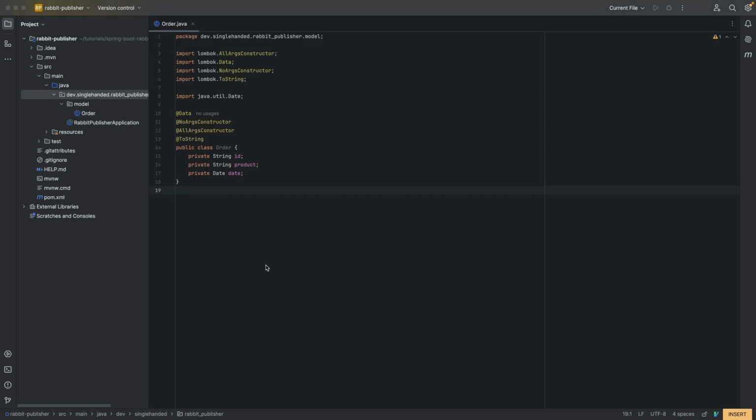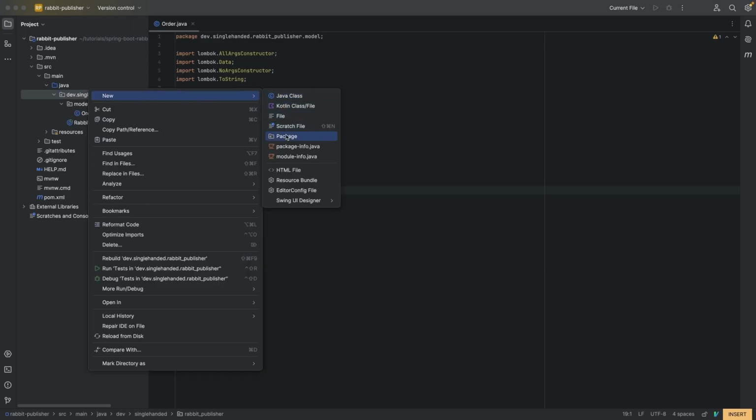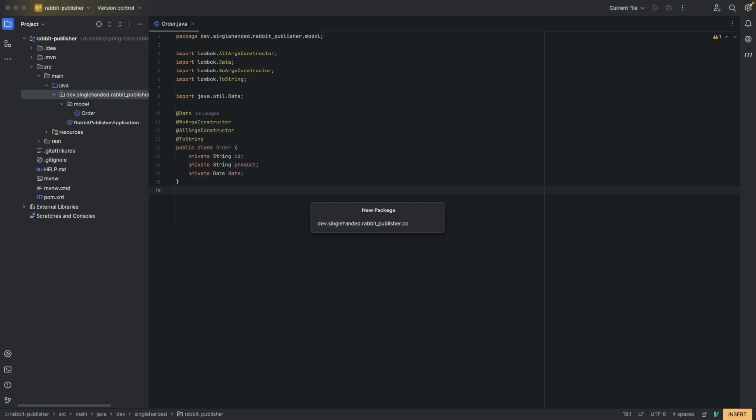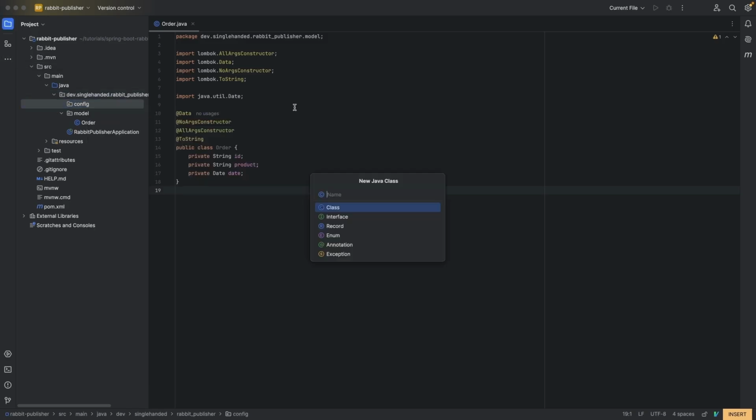Now we need to define some configuration values for RabbitMQ. These will represent the bare minimum that you need to connect to our Rabbit instance. And we're going to be defining the queue, the format that the message payload will take, and a Rabbit template. I'll talk a little bit more about each of these things as we add them to the config file. First off, we're going to need a config package. So let's create one of those. And in there, we'll need a new class, which is simply called